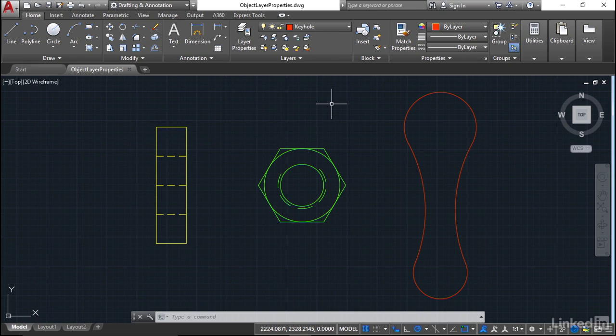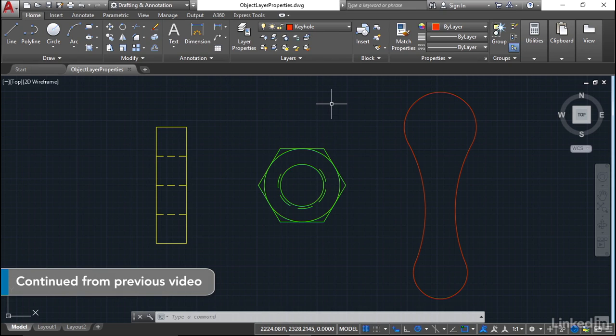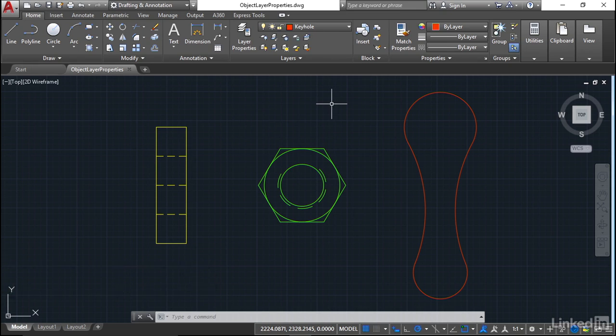We're staying in our object layer properties.dwg file. And in the previous video, we looked at object and layer properties and how they work within your AutoCAD drawings. Now, you'll notice on this particular drawing that we do have some dashed line types. You'll notice on the hinge on the left, the horizontal lines are dashed. You'll also notice on the nut and bolt that the hidden thread line there is also dashed on that arc